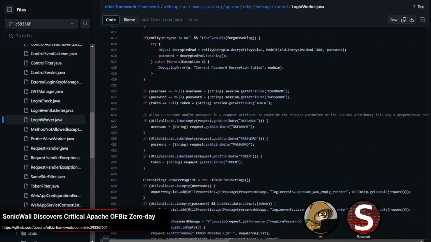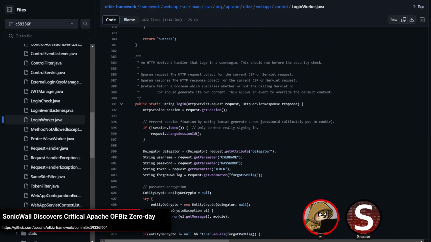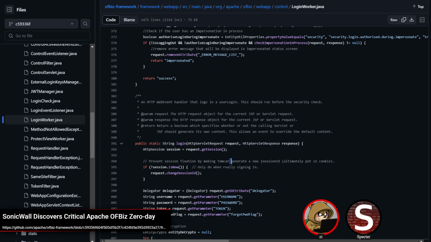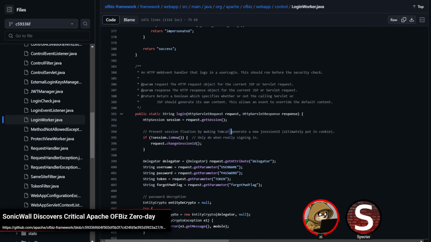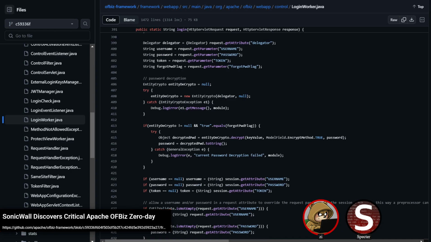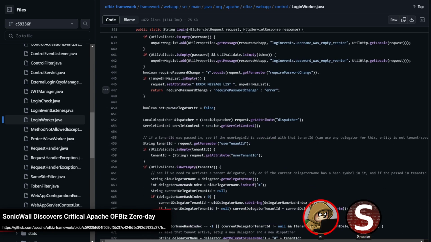So, the key problem: you've got the login function. It does pretty normal things for the most part, or entirely, I guess. It's pulling out the username, password, whatever, things you expect. It also supports a token instead of a password, but pulls it out of the GET parameters and does whatever work.